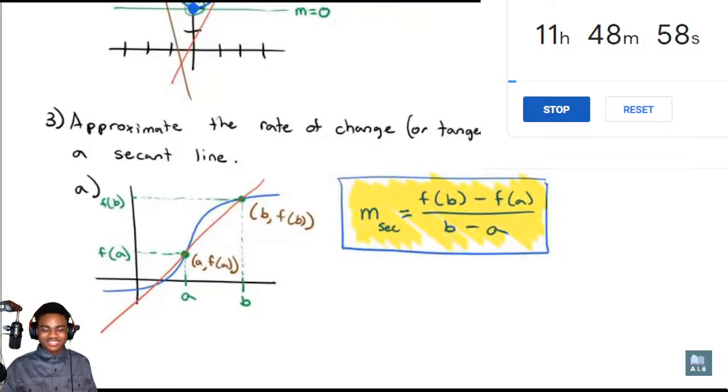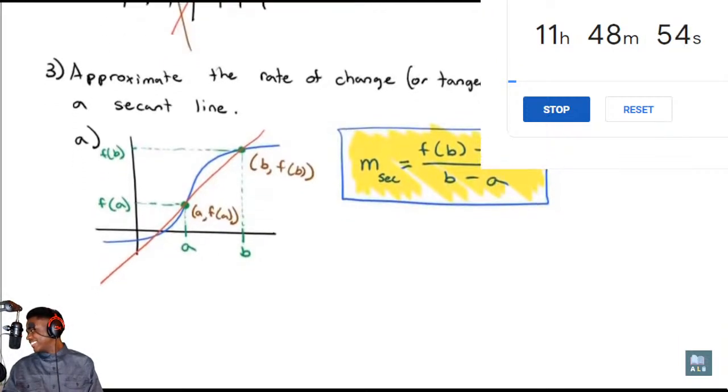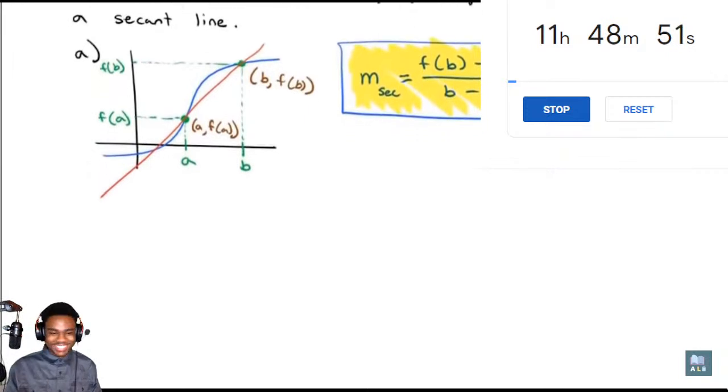And what's interesting about this is that as A and B get closer to each other,